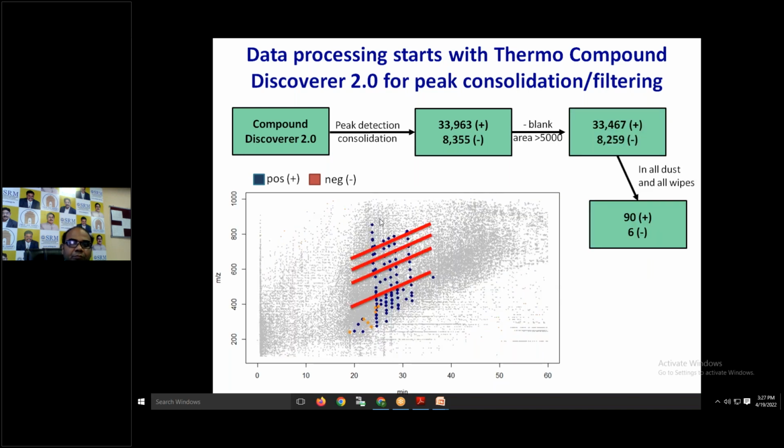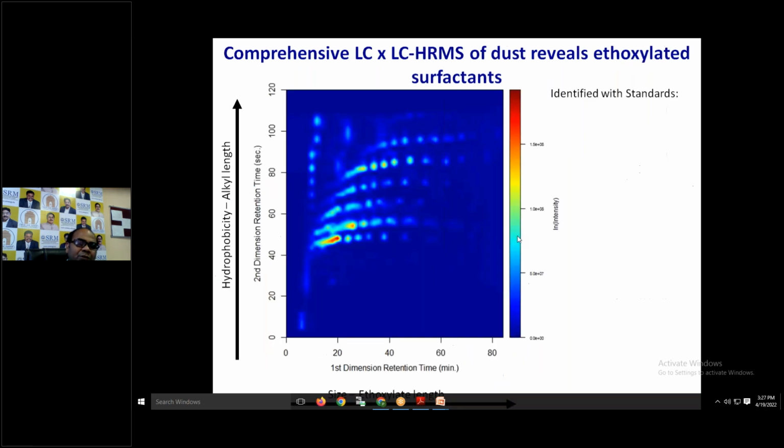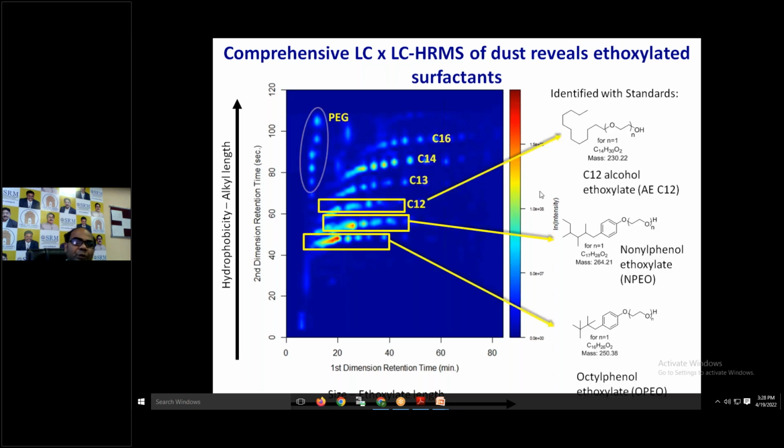Now, this is the analysis technique we are using to identify the presence of exposomes. As I have shown you in the previous slide, two-dimensional UHPLC techniques, right? In that technique, we are getting peaks like this. You can just see the spotting. Depending upon the spotting, we are able to know the presence of the exposomes and how well they are separated from each other. So identify with standard,